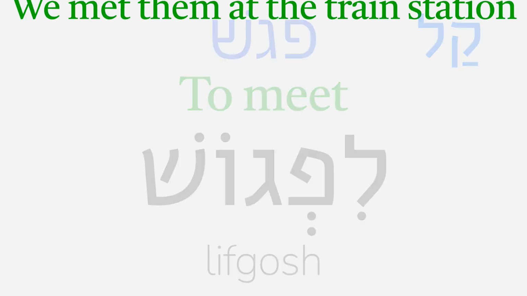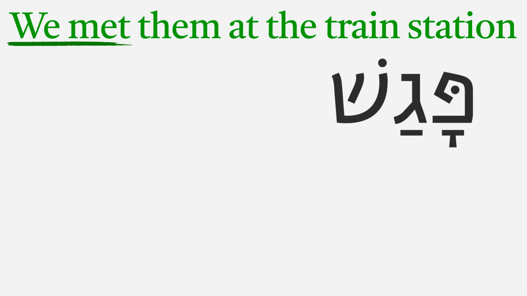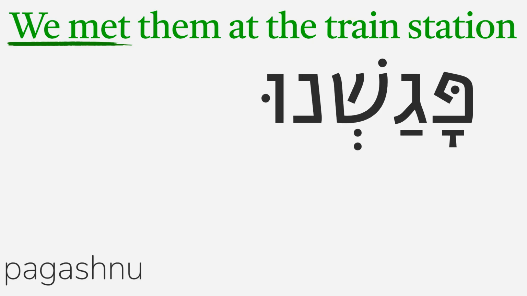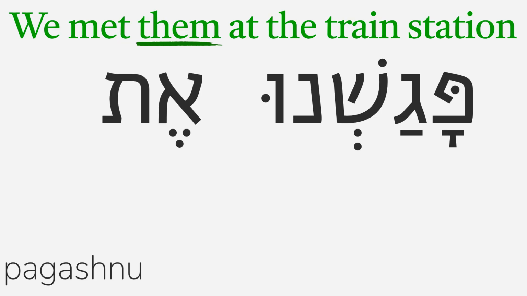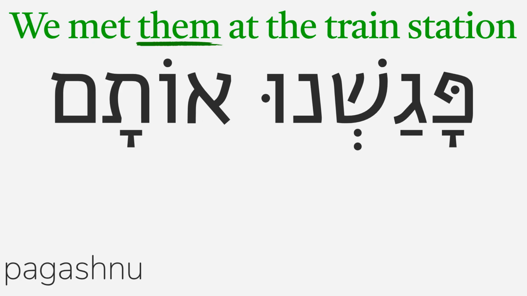Let's use it in the sentence, we met them at the train station. We met is a past tense verb. The simplest past tense verb is pagash, he met, and we can just add nu to this to make pagashnu, we met. The object of the verb pagashnu, them in this case, will use the preposition et. When we add the suffix that means them to et, it changes to ot, making otam, them as the direct